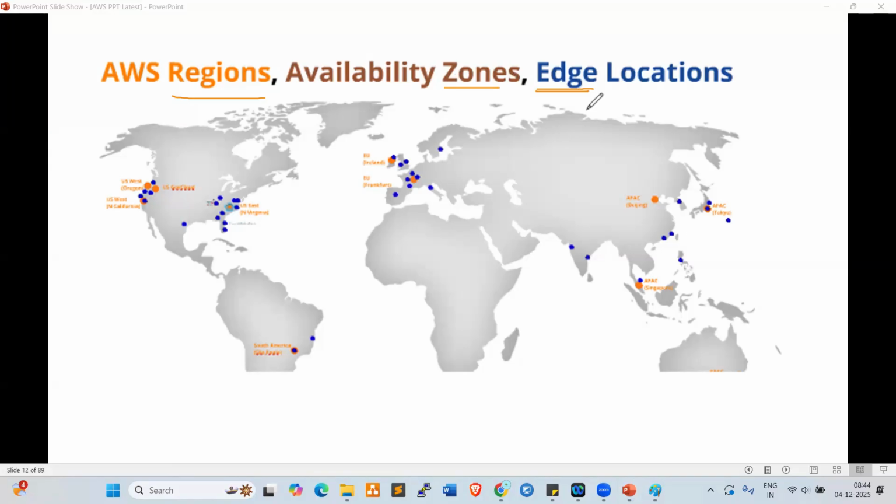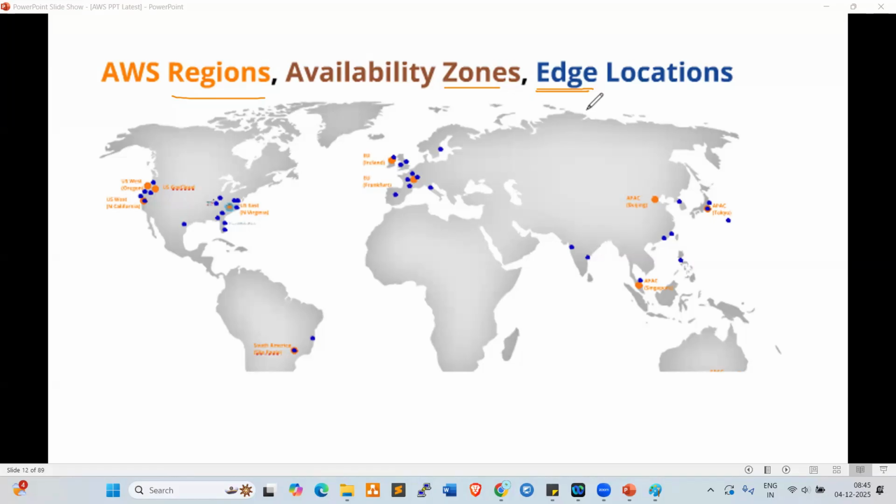Normally we watch cricket matches, right? For example, a match is going on live in Australia, and we can watch it live, right? Because of edge locations. The edge location will take care of the data transfer, so packets are transferred immediately.